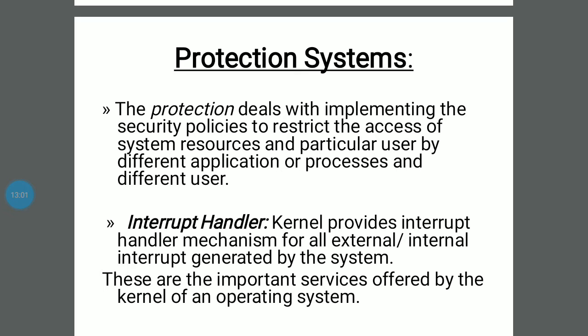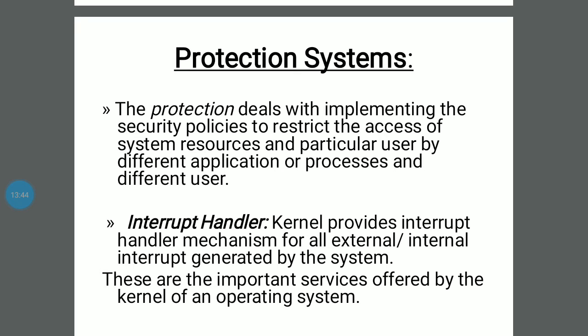These are the important services offered by the kernel of an operating system. So these are the process management, which covers scheduling of the process, creation of the process, and taking the information of the process, and the memory management. In memory management, you have the primary memory and secondary memory, and how that memory is allocated for each process, and how you can deallocate, will be done by the memory management. And time management: for a particular process how much time we need to give will be done by the time management. File system management: file creation, deletion, updation, or where it has to be stored, will be done by the file system management.